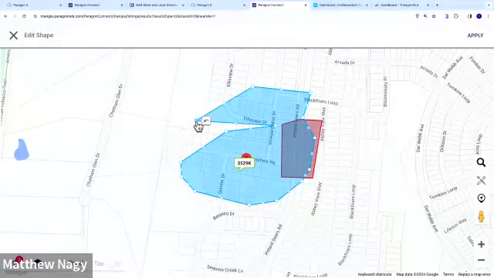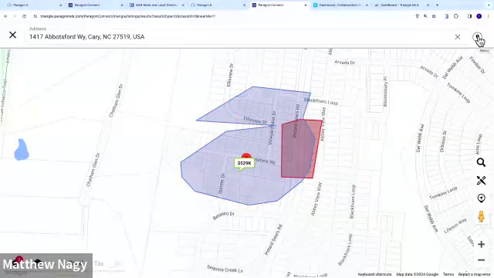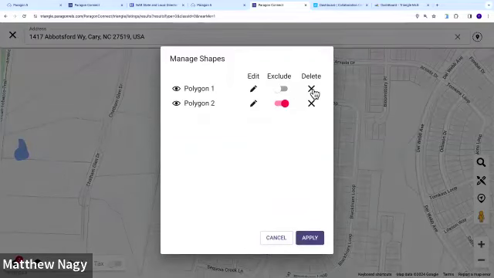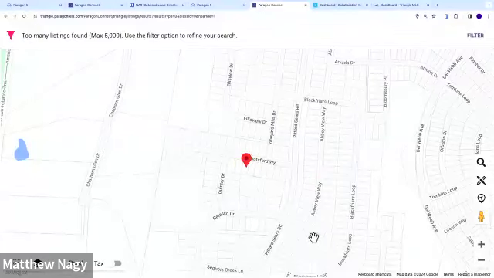If I edited that shape, what's the next thing I need to do? Apply. And now I've edited that shape. If I want to get rid of my shapes, then it's simply delete the shapes and apply. Pretty simple. Okay. The next thing I want to point out to you guys also is in the bottom left-hand